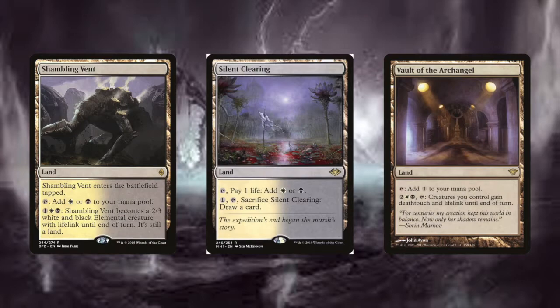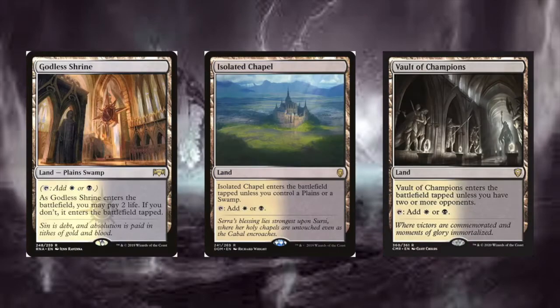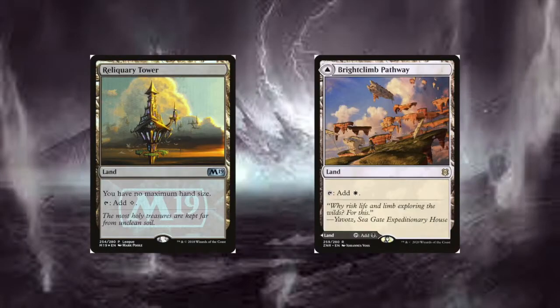Shambling Vent and Silent Clearing tap for our colors. Silent Clearing can draw us a card. Vault of the Archangel, we can pay mana to give our creatures Deathtouch and Lifelink, which gains us some more life. Caves of Koilos, Mantar, and Fetid Heath tap for our colors, as do Godless Shrine, Isolated Chapel, and Vault of Champions. Bright Climb Pathway / Grim Climb Pathway can either be a plains or a swamp in this